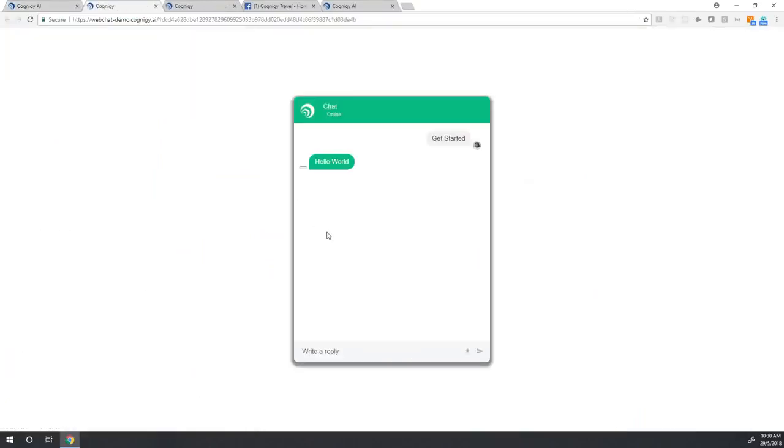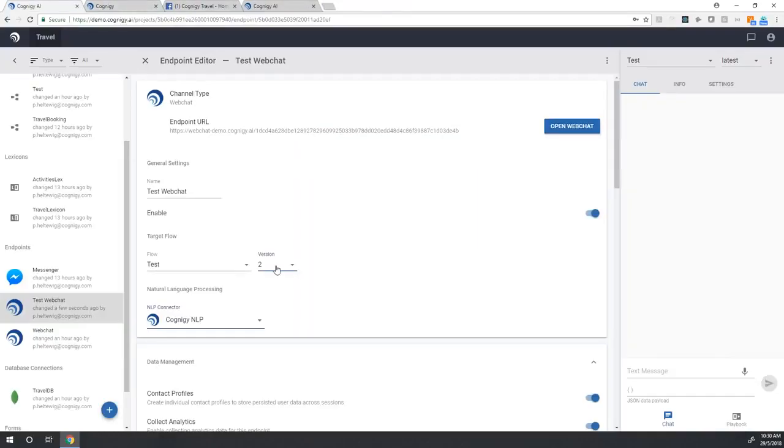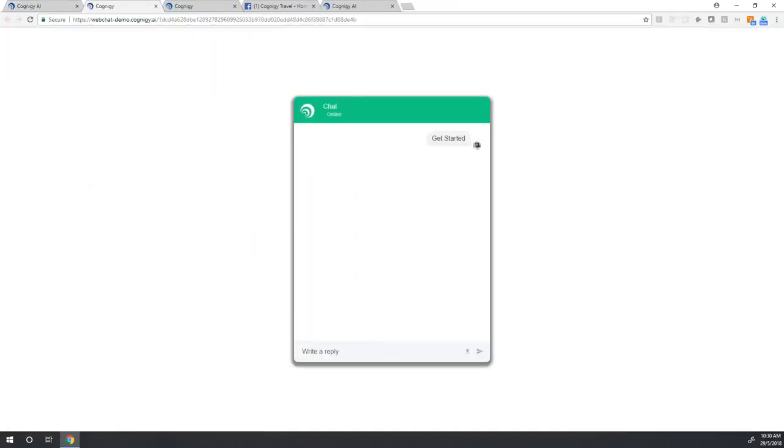Now I say get started, and it says hello world. And it says hello world because I've hard linked it to version 2. If I now want to test and say, okay, I'm linking it to latest, it's now going to say hello Cognigy 3.0. And here comes the nice thing.